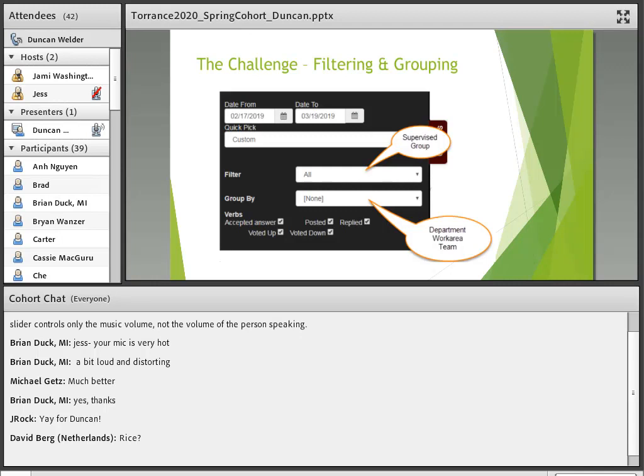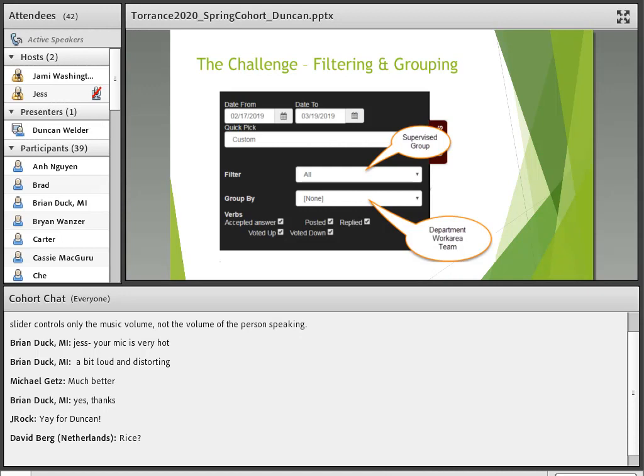Because I want to be able to filter by a particular supervised group, right? So if I oversee two different teams or maybe two different departments or work areas, how do I want to group those people together? And that's not necessarily data that I have inside an LRS. Now I can, right? There's an agent profile that would let me keep student information that doesn't change frequently out and use that. But in this case, I already had a data source from the LMS to get that employee